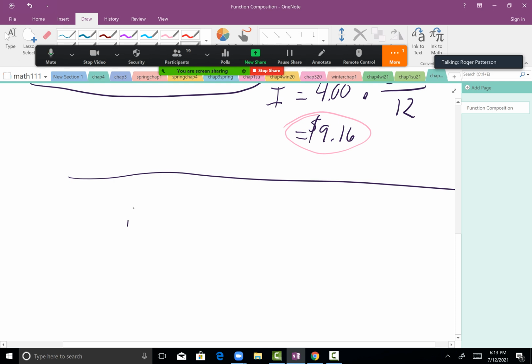So in function composition, if we have two functions, say something like this, and another function, say something like this,